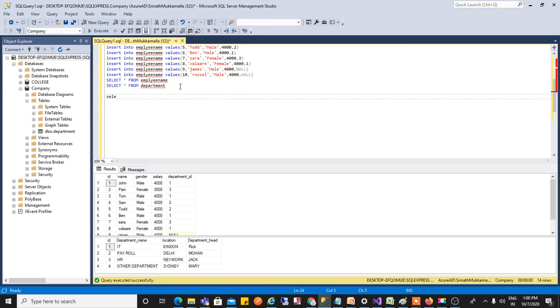Now what I'll do, I'll select name, salary from the employee table and department head from the department table. From employee table